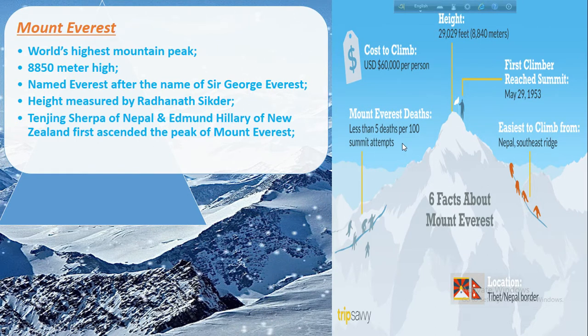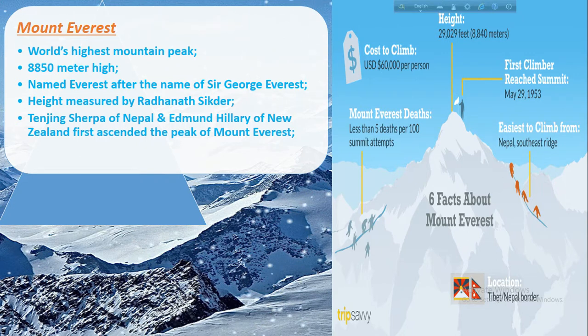Mount Everest deaths: less than 5 deaths per person summit attempts. So this western part is the risky zone, and this southeastern ridge is easiest for the mountaineers. And here the first climbers reached the summit on 29 May 1953. So who are those? Tenzing Sherpa of Nepal and Edmund Hillary of New Zealand first ascended the peak